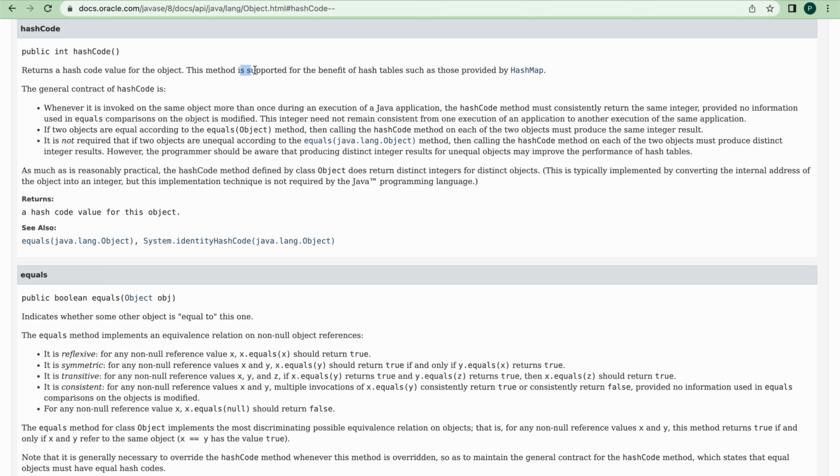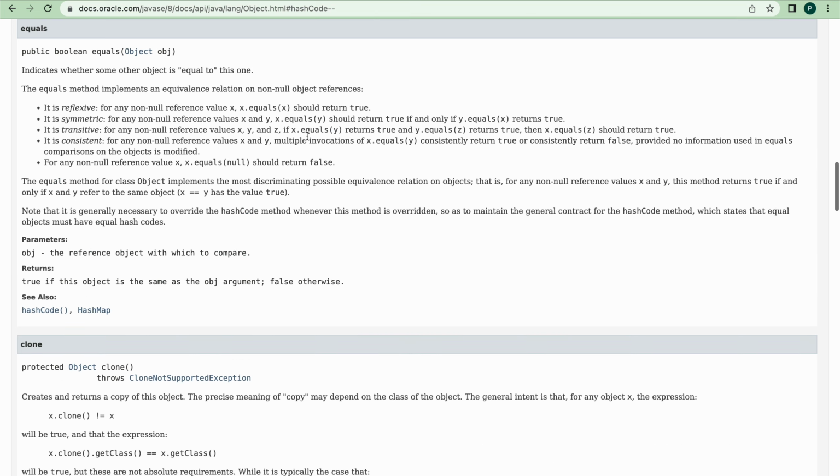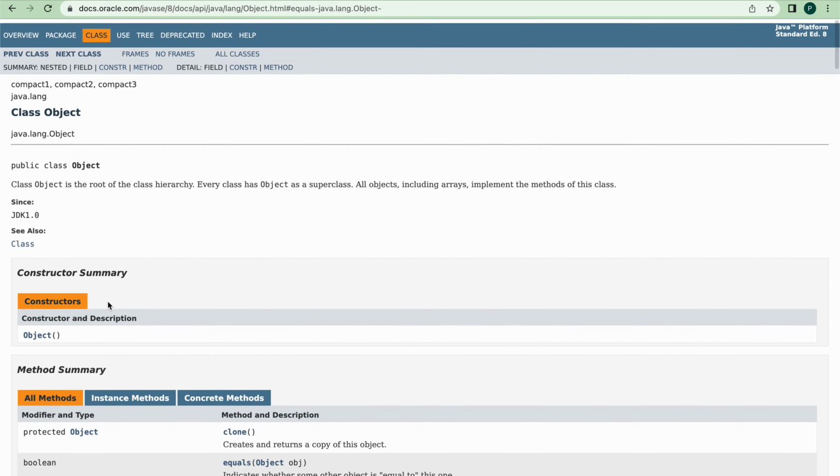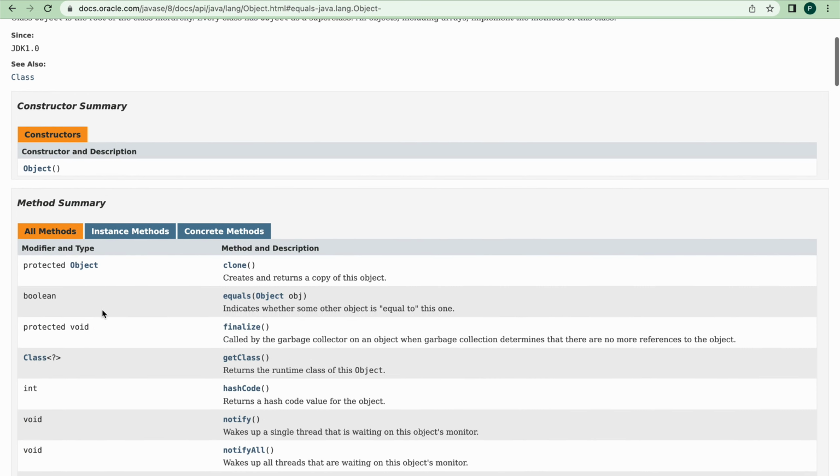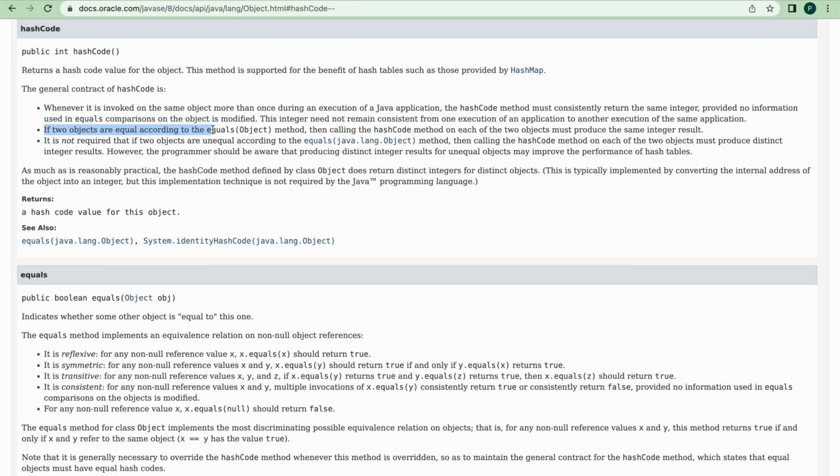This method is supported for the benefit of hash tables such as those provided by HashMap. If you read this statement, if two objects are equal according to the equals method, then calling the hashCode method on each of the two objects must produce the same integer result. So it is the definition of a hash code.